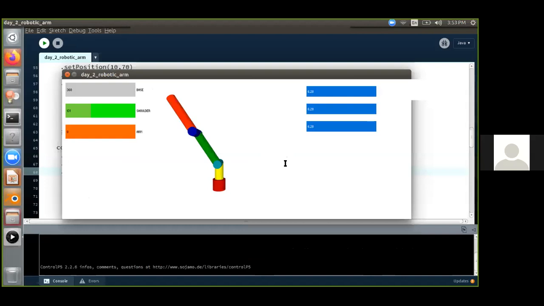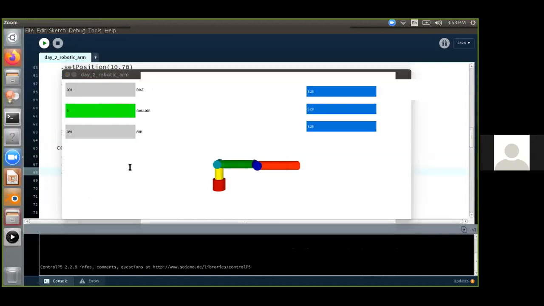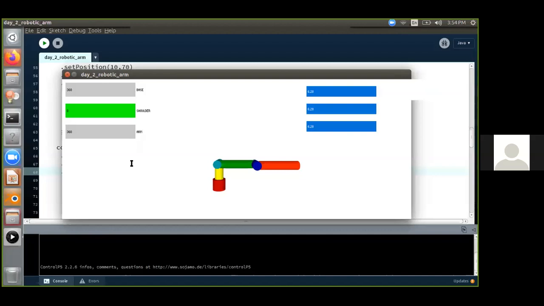If you have any error in the program, you can refer to the internet for that.